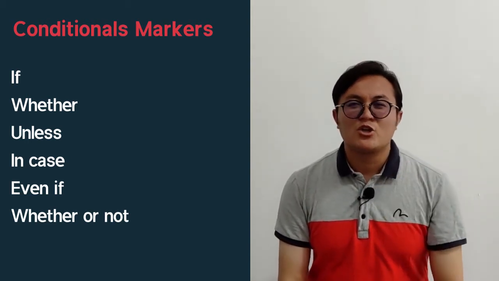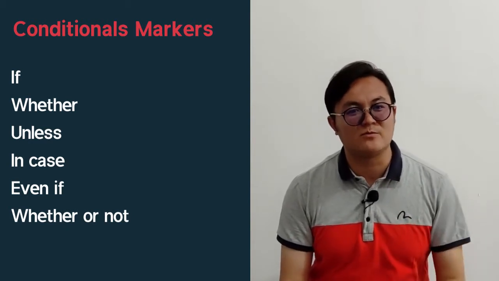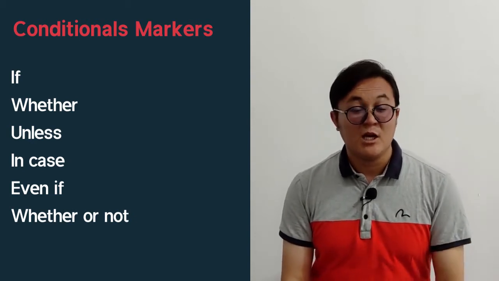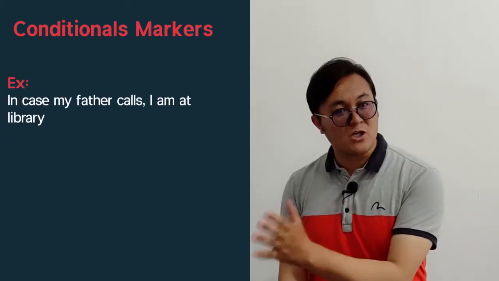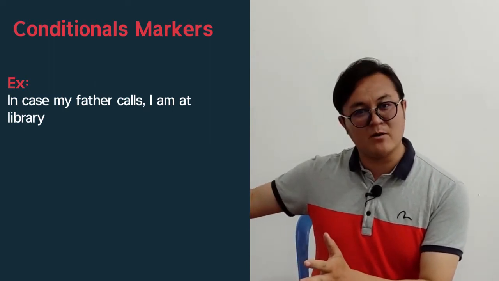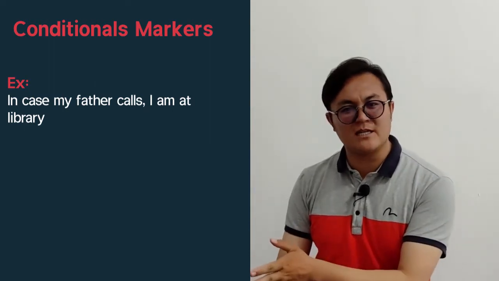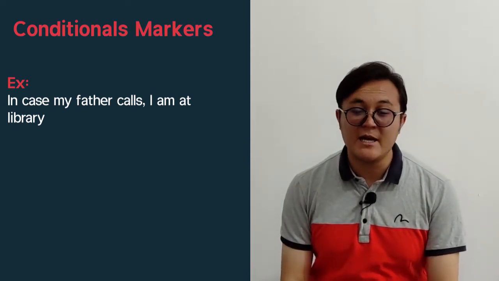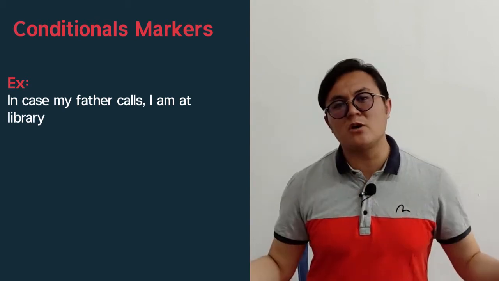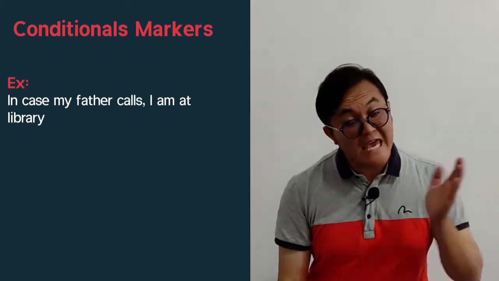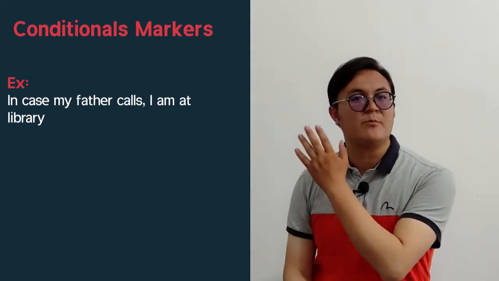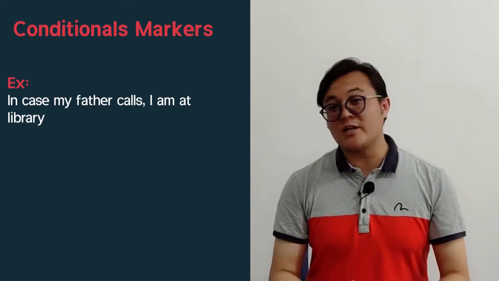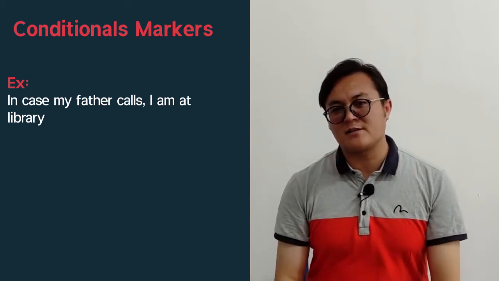به طور مثال شما انتظار ندارین وزیر معارف برای شما زنگ بزنه یا شما انتظار ندارین امروز پدر شما برای شما تماس بگیره، ولی برای دوستان میگین in case my father calls, I am in a library. اگر پدرم برای ما زنگ بزنه ما در کتابخانه هستم، میشه مرا اطلاع بده. It means that you would typically say that I really don't expect that my father calls, but in case he calls, I am at the library. So if you want to use such kind of words in conditional clauses, you'd better be careful